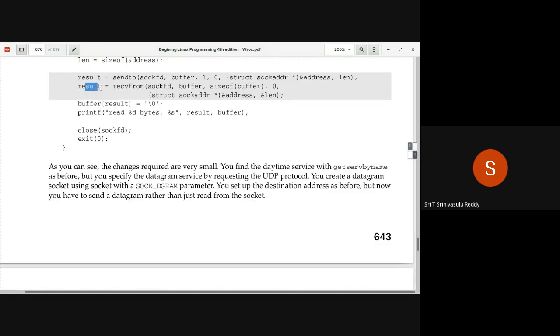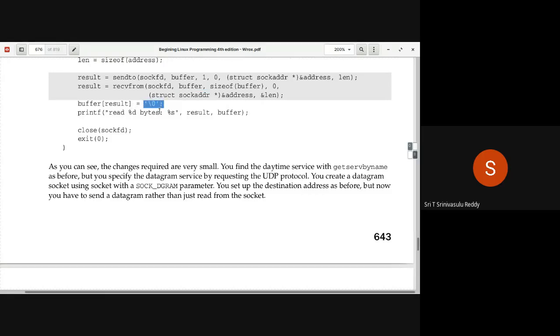And that many bytes are received into where? Into the address starting from this particular buffer. So that address you are specifying. You are assuming that the other side has probably not stored a null value at the end of the string, so you are storing a null character here: buffer of result is equal to null character.